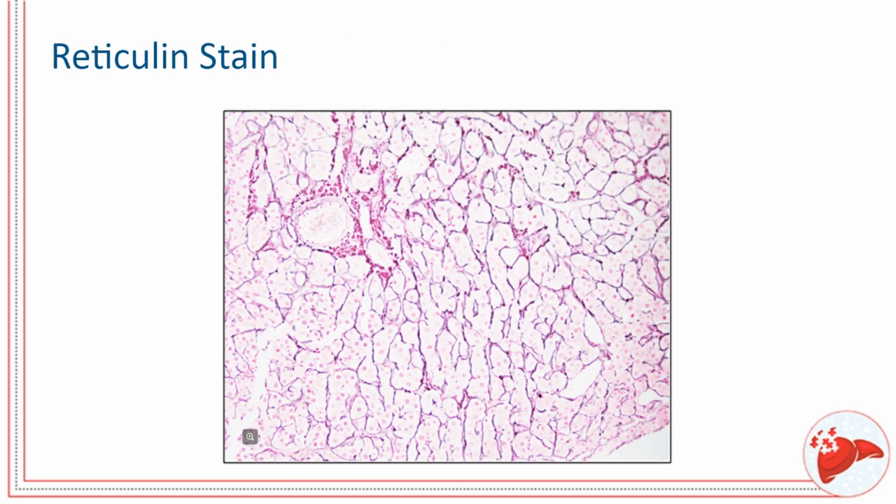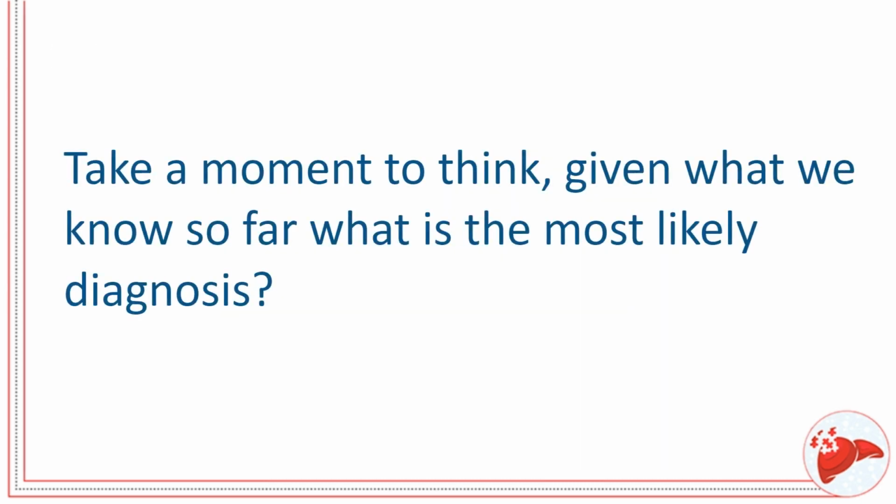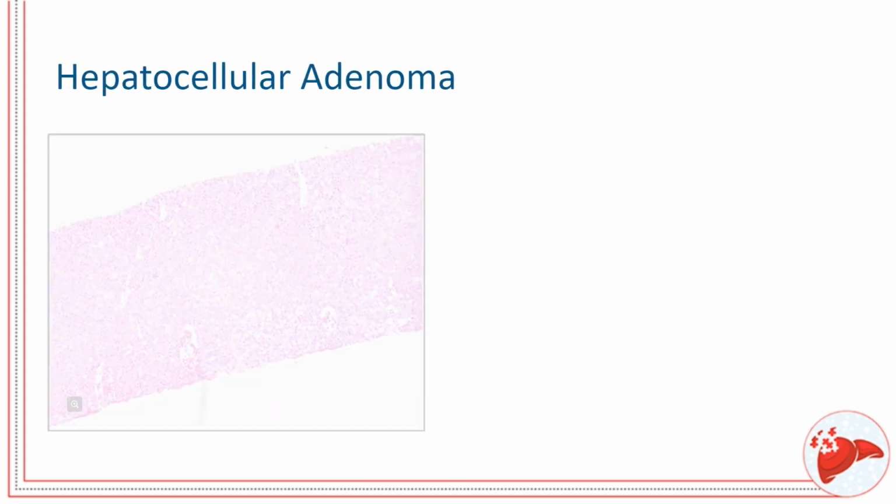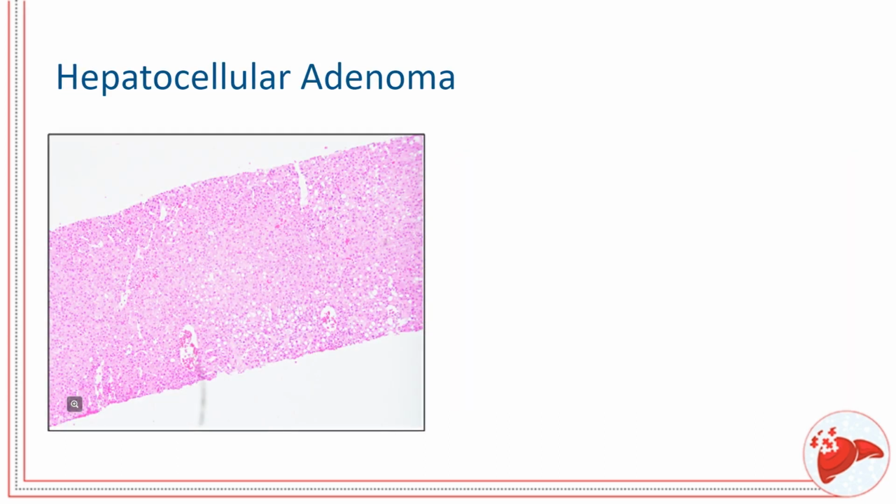A reticulin stain is used that shows an intact reticulin framework in those lesional cells. So taking together, this is a classic example of hepatocellular adenoma, which represents a benign hepatocellular lesion arranged in a